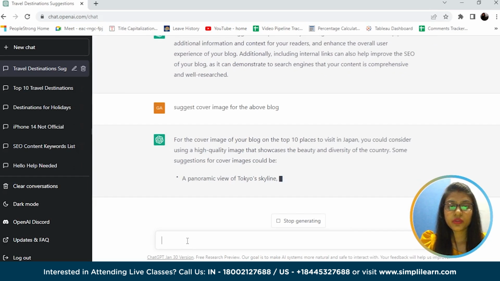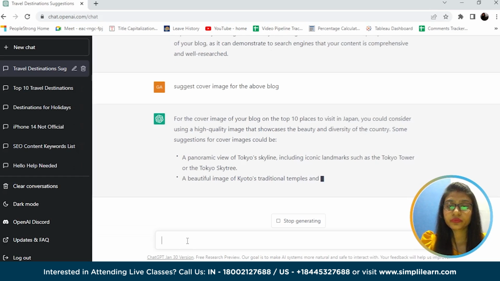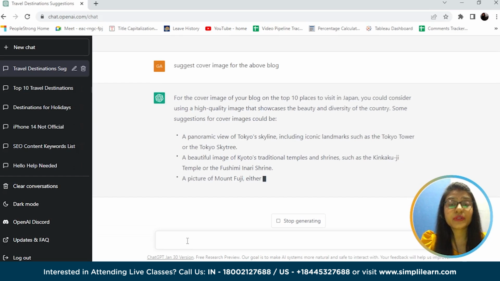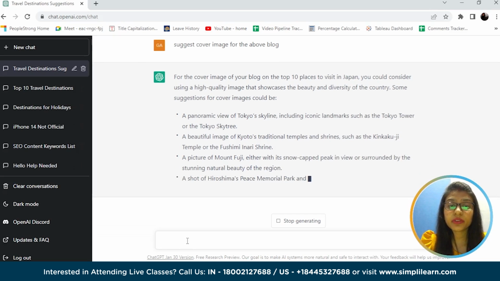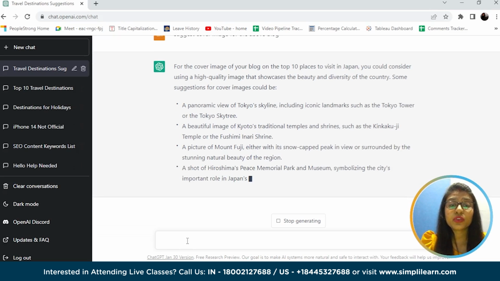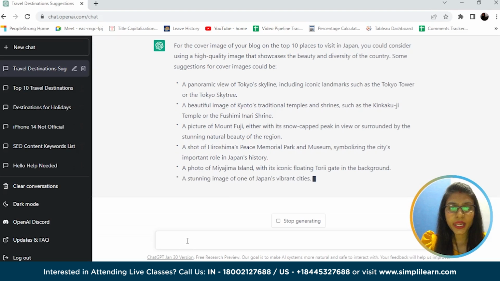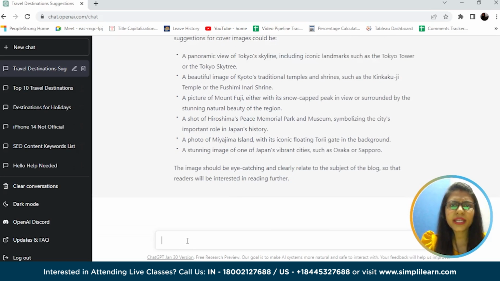Okay, so it is showing some suggestions related to the diversity of the country: panoramic view of Tokyo skyline, the beautiful image of Kyoto's traditional temple, Mount Fuji, Hiroshima's Peace Memorial Park. So we will try to pick one and see if we are getting any image idea.